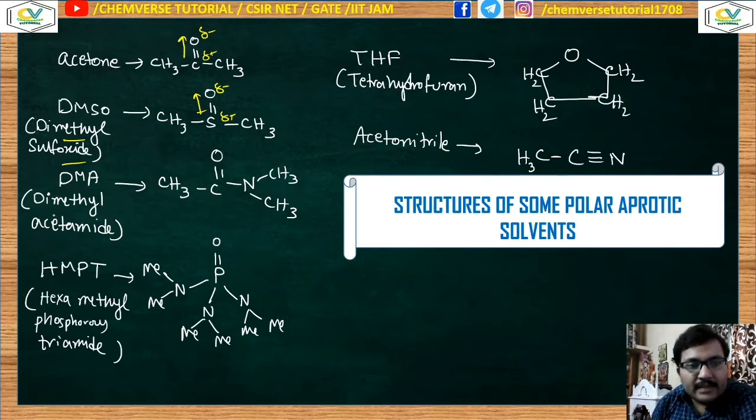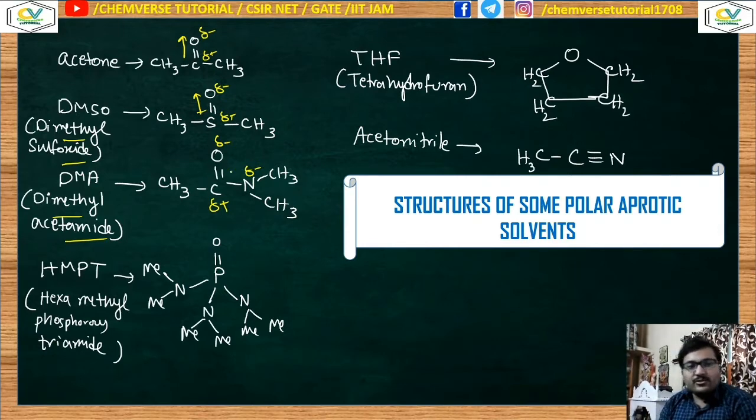Now in the case of dimethyl acetamide, oxygen and nitrogen are both more electronegative than carbon, so oxygen will acquire some amount of delta negative charge, and the carbon will be delta positive. So this kind of polarity will be there, and of course the net dipole moment is non-zero, so it's a polar one. But remember, in all cases a C-H bond is present, rather an sp3 C-H bond.